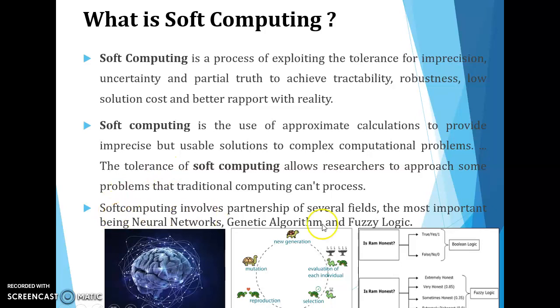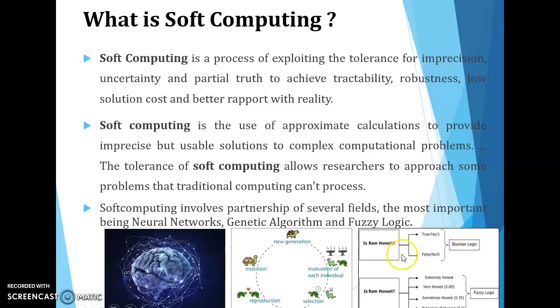Actually, soft computing involves several fields. The most important fields are neural network, genetic algorithm and fuzzy logic. The neural networks take the similarity of the human brain neurons and try to simulate them in a computer system. Second, the genetic algorithm takes a pool of computer programs. From that you choose the best group, that I call selection. After that, changing the properties of these two and generating a new solution, that I call a new generation. For example, one program deals with the lowest memory, another program deals with the lowest time period; taking the two and merging them together produces the best solution with lowest time and lowest memory.